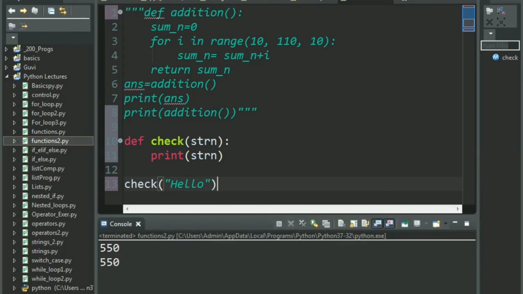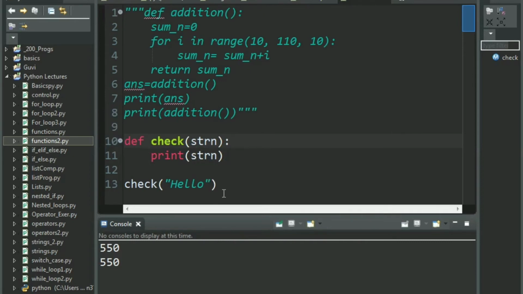Alright, I'm calling this function with the string hello. So this hello gets assigned to this variable string. Okay, you're calling it with hello. This is a parameter that you're passing, hello, that gets assigned to the variable string. It gets stored in the variable string and hence it prints it. Okay, this is what is happening. So we get hello, plain and simple.